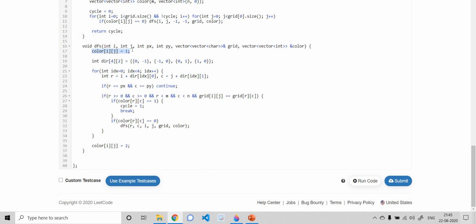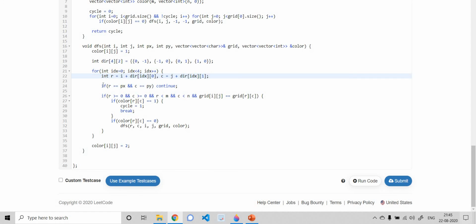In the beginning of my DFS function, I'm setting the color equal to 1. I use this direction array just to find out the 4 adjacent cells where we need to go if we have the same character, that is left, up, right, and down. So I find the new indexes R and C, the adjacent ones.